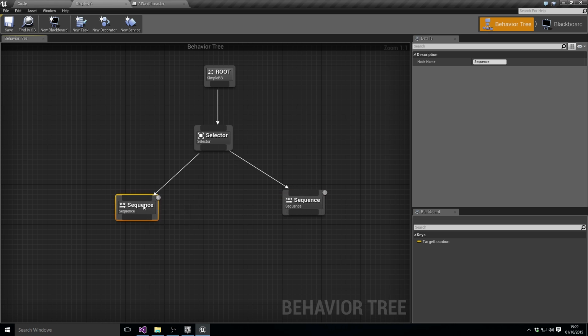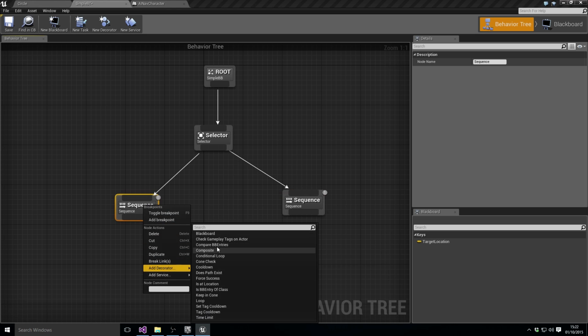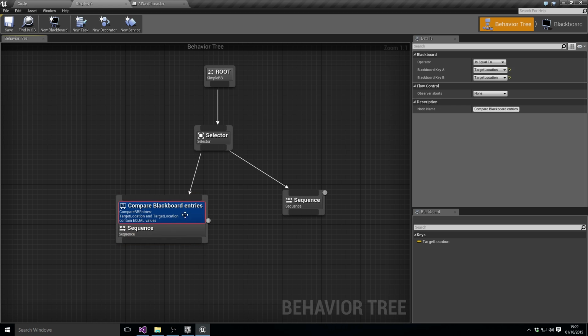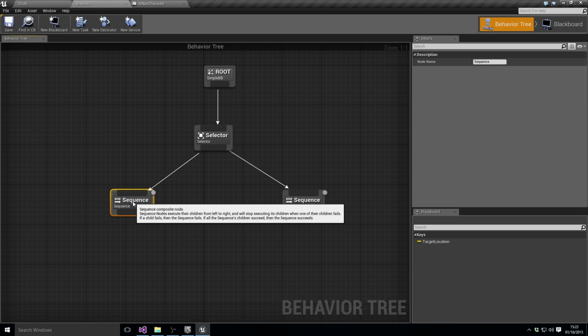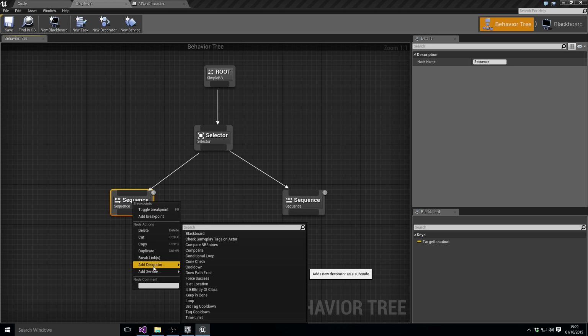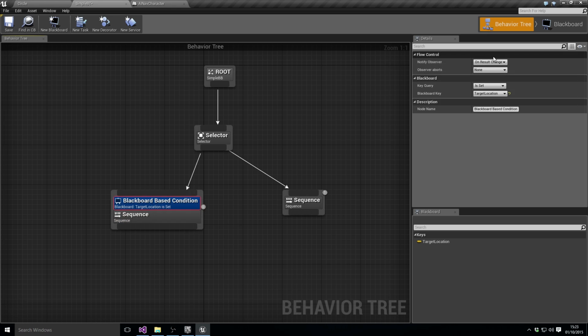The first sequence, we're going to add a condition or a decorator that says, I think it's compare BB entries. Yeah, okay. That's not compare BB entries, so let's delete that one. We want to say if it's set, if a particular variable is set, but I can't remember. Oh, it's that one, isn't it? Yeah, okay, so we basically want to say,